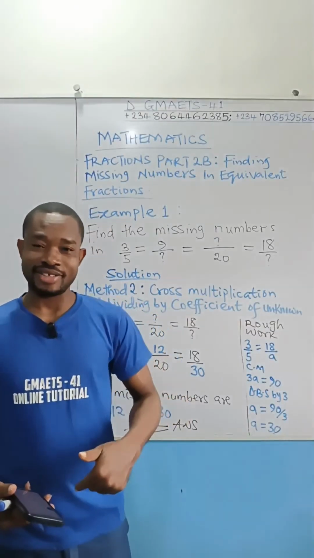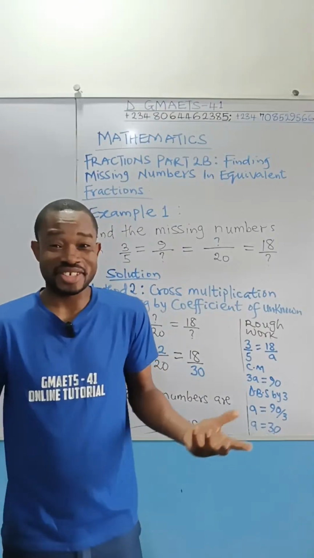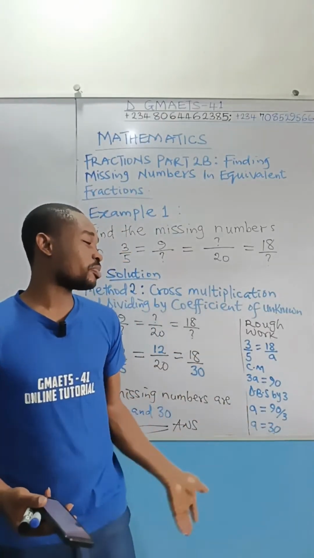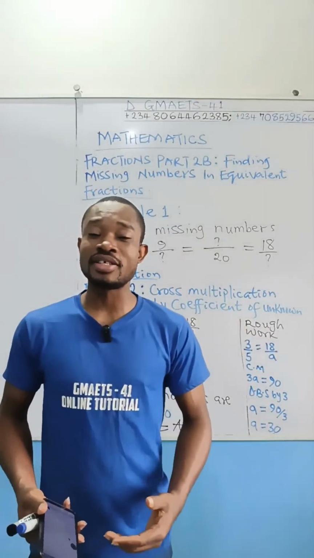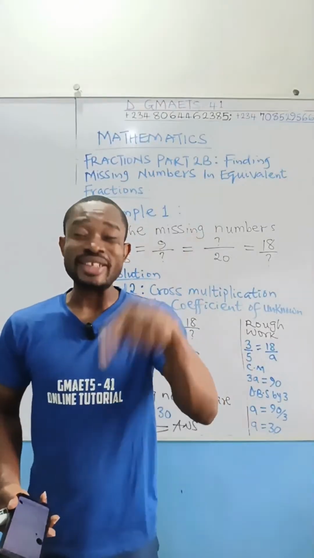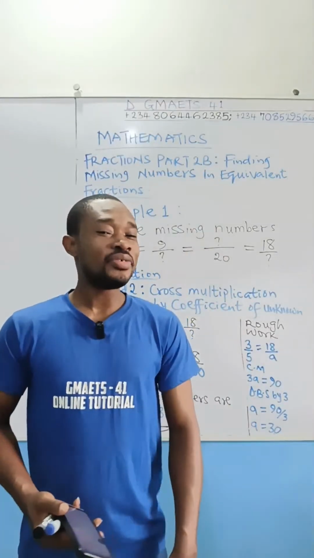It is longer to use the cross multiplication and dividing both sides by the coefficient of the unknown. It is longer to use it, but it is better. It is best. And the reason for that is